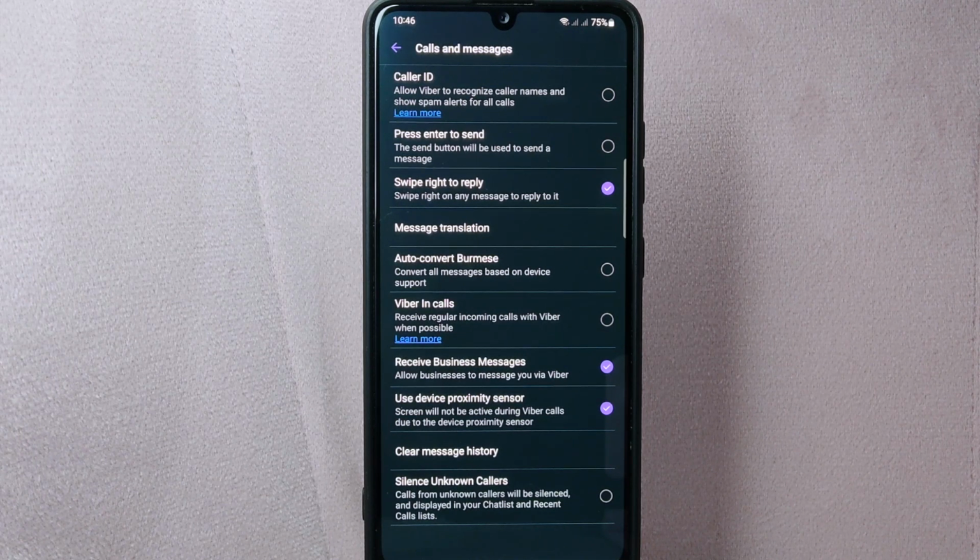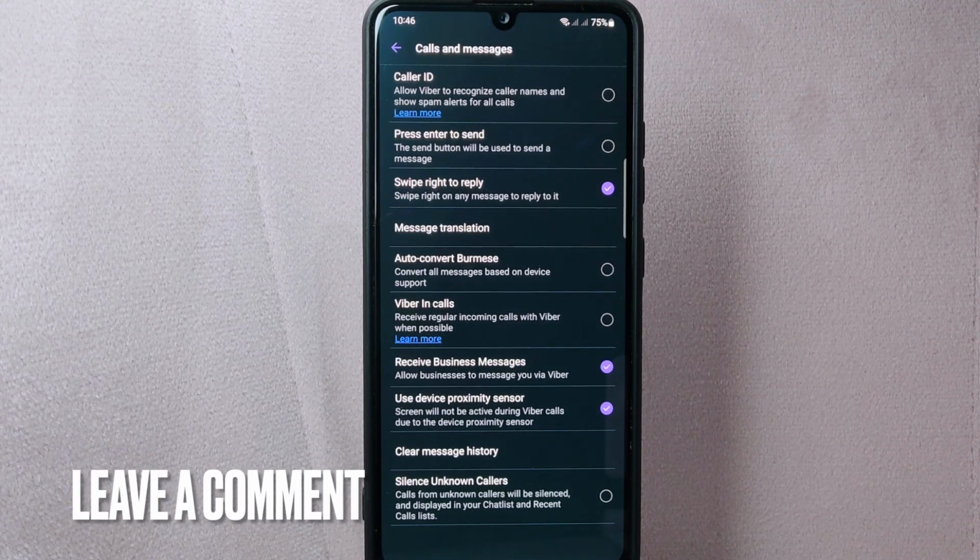This can be helpful if you want to avoid interruptions or if you prefer to use Viber solely for messaging purposes. There you go. If you wanted to know how to disable incoming calls on Viber, that is the easiest way I know how. If you know another way to disable incoming calls on Viber,